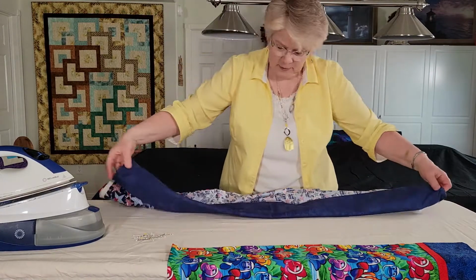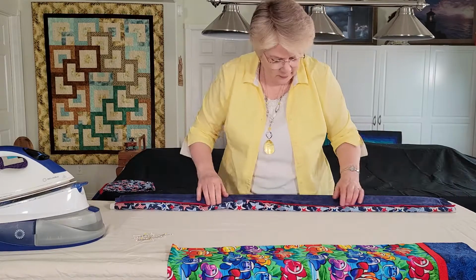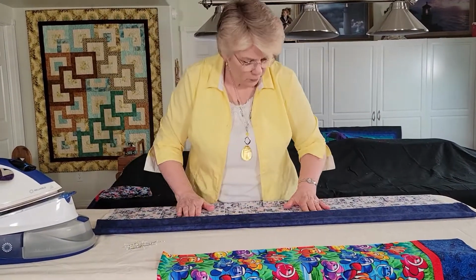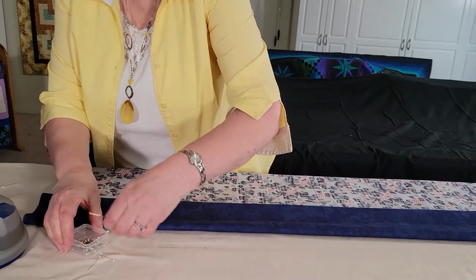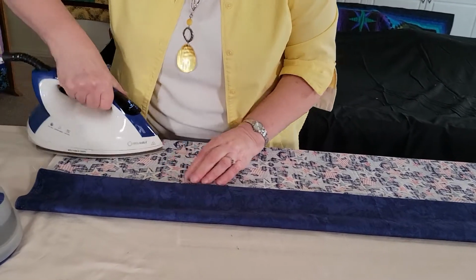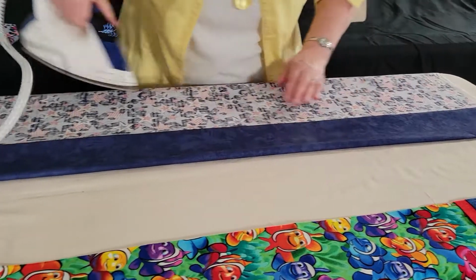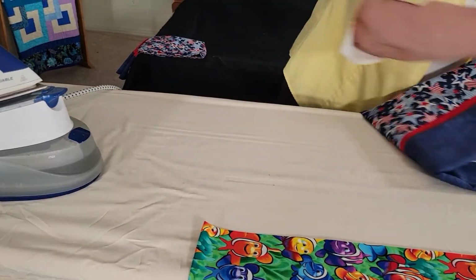Okay, now we have to iron this cuff, but as you can see, it's a bit of a dilemma because we need to iron it on this side and on this side, and we don't want to iron it wrong on either side. So what I found works nicely is to lay it with the wrong side up and just get these pins out of the way, sorry. Just take my iron and real quickly just iron that back. And I'm not pressing hard. I'm not ironing anything on the other side. I'm just getting that cuff pushed back on this side. Then I'm going to flip it over